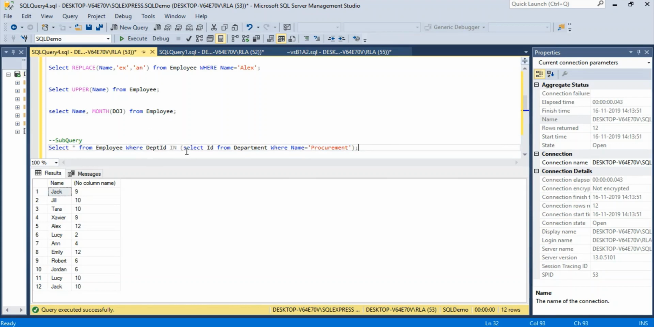So wherein the inner query, whichever is in bracket, this is called the inner query. This query gets executed first, and whatever the output from this particular query will feed into the outer query, which is this. So what this query does is it selects everything from employee where department ID is